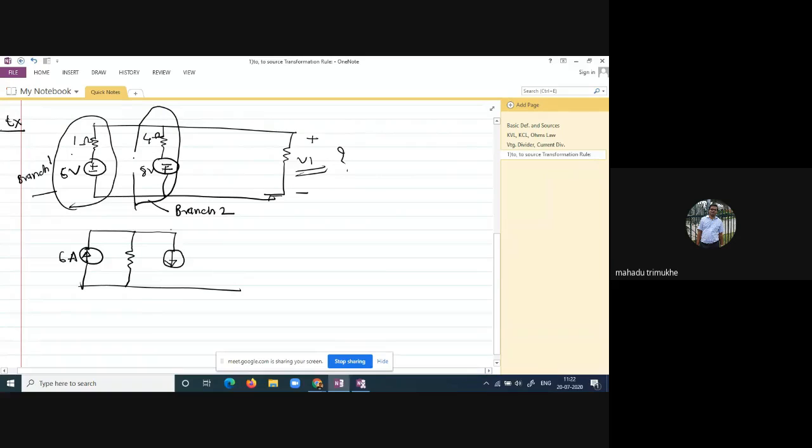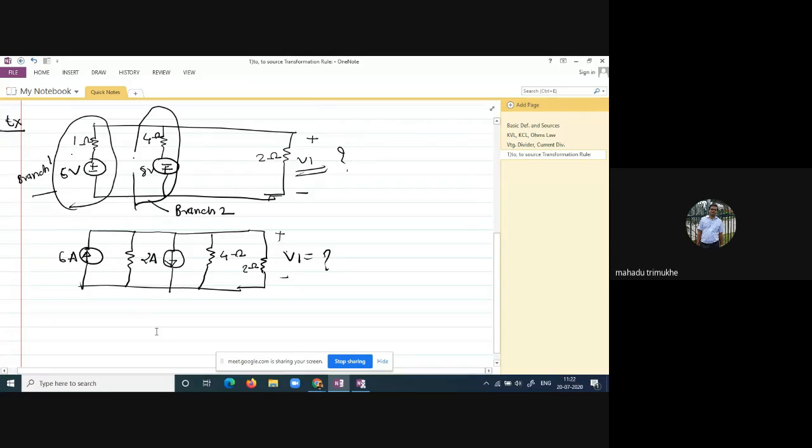Okay, that is plus, minus to plus means the direction is downward, that is your 2 ampere. And whatever resistor is present here, we have to connect as a shunt with the 2 ampere, right? And here this is your 2 ohm, this is your 2 ohm. So our aim is to find out V1. Okay, now we are finding out V1.